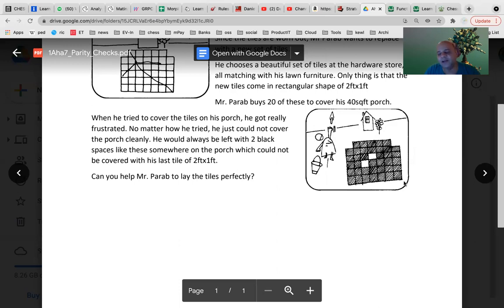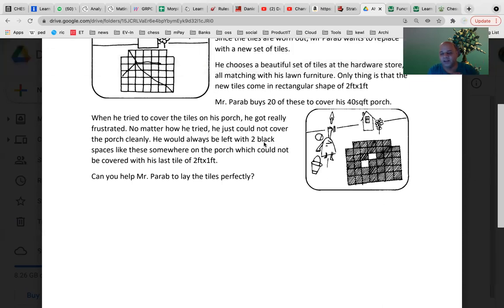Can the tiles be rotated? Yeah, you can rotate them. Obviously, you can rotate them. No, there is no such thing. Anyway, see, when he's trying out so many things, he would have put them vertically, horizontally, whatever. So you can do it. You can rotate the tiles, right? On the plane, you can rotate it. No problem.